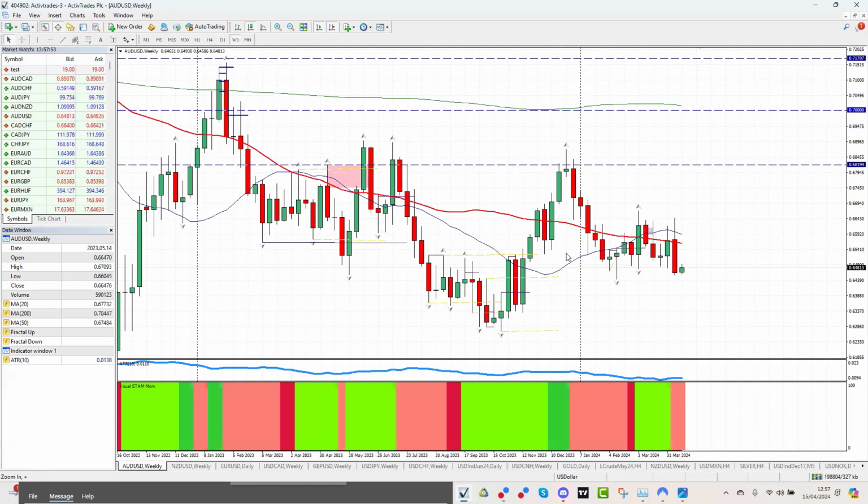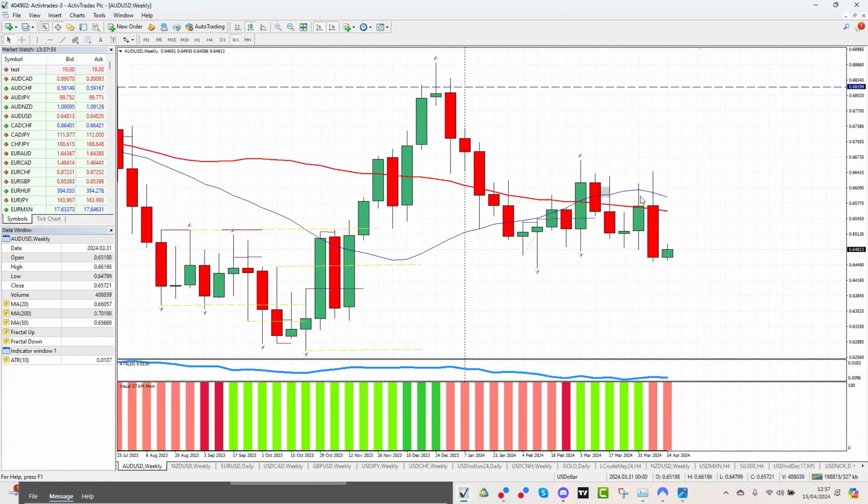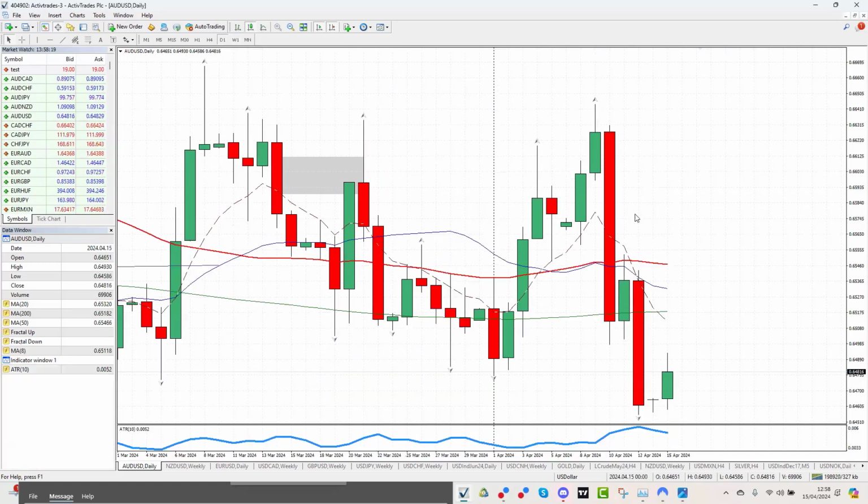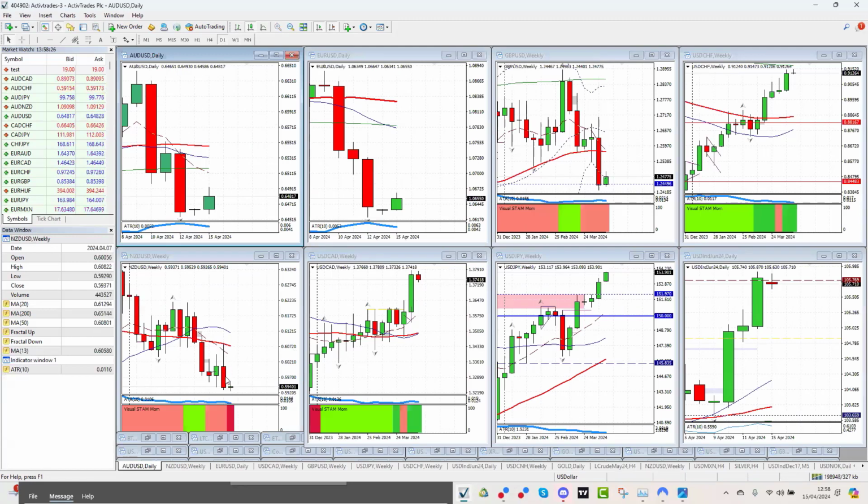Even if we look at Aussie dollar, which has basically moved to number 2 in the strength charts, it still sold off against the dollar last week. That just reinforces it. I love to see strength versus weakness, but when the dollar's on a tear, trying to fight that is usually a foolish endeavor. That's the daily chart. Bosh, off we went. So why would you fight that? And you can see it.